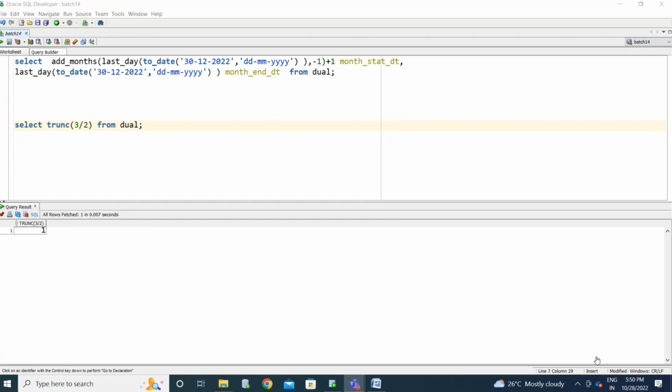Okay. See, we have the trunc function. It displays the actual integer of the given value, right? So now with the same function, you can apply trunc and round on date values as well, a round function also.